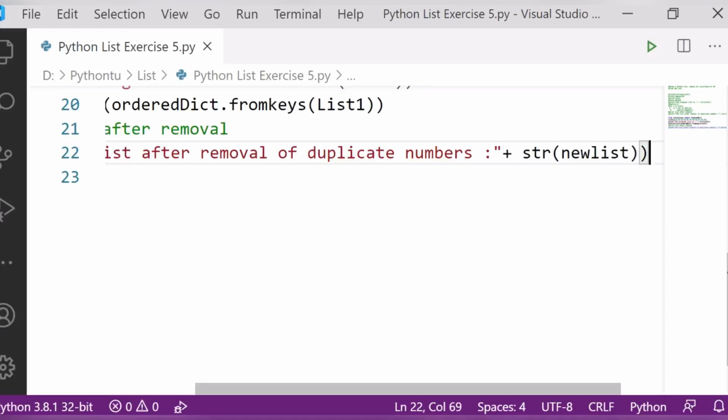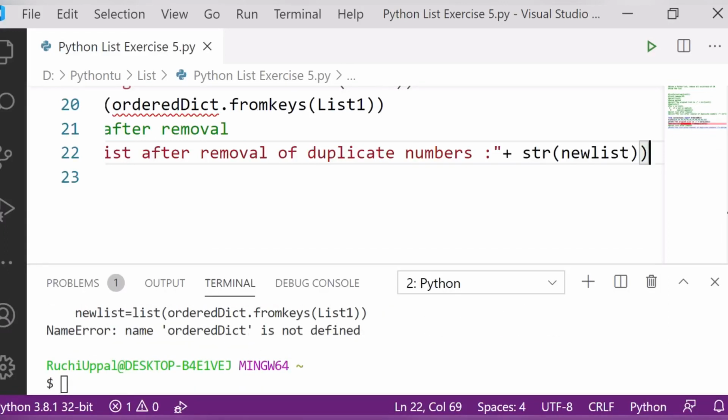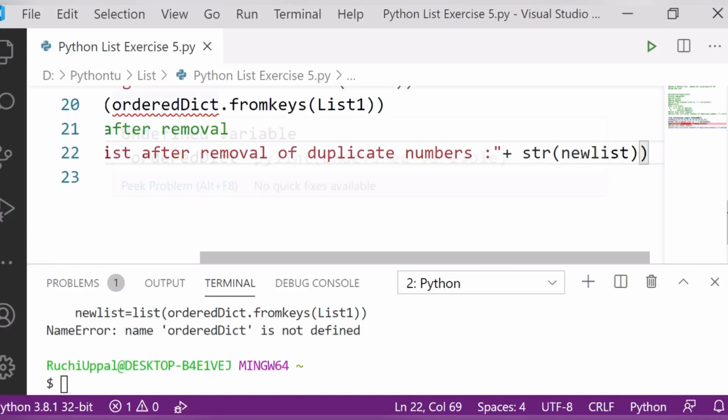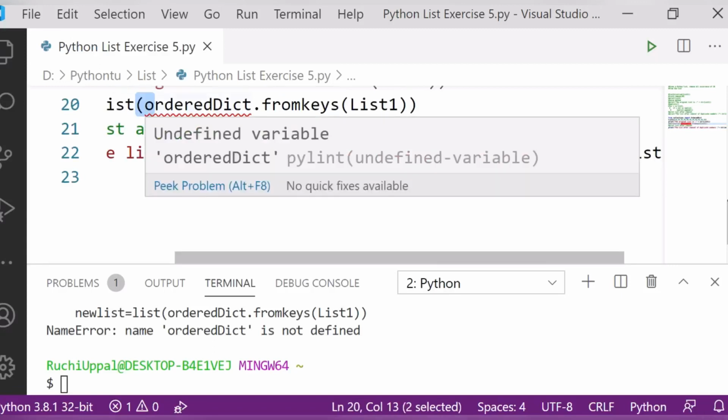I am running my program and let's check. Oh my god, it is saying that it is not defined. Okay, OrderedDict, fine. Just a minute.